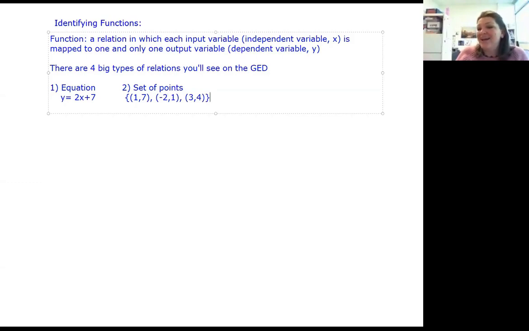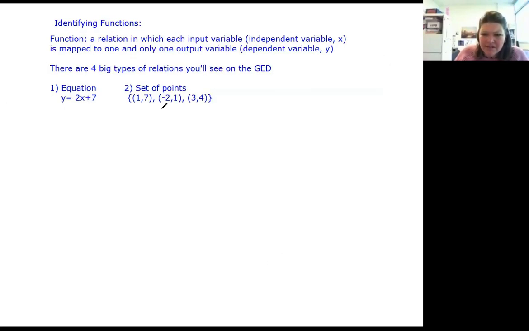You could also see an XY table. If you see it in table form, though, it's the same thing. So I think I'll draw it. I have my mouse today instead of my iPad, so you know that's always ugly when I draw that. But you could also see your relation, your set of points in a table form,